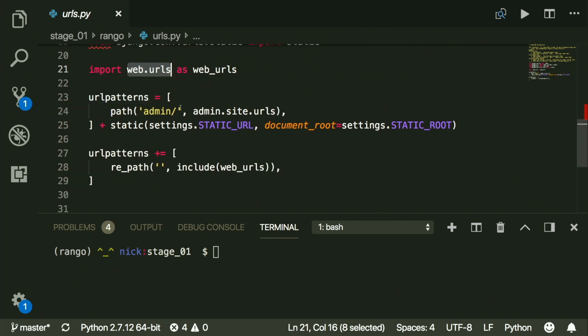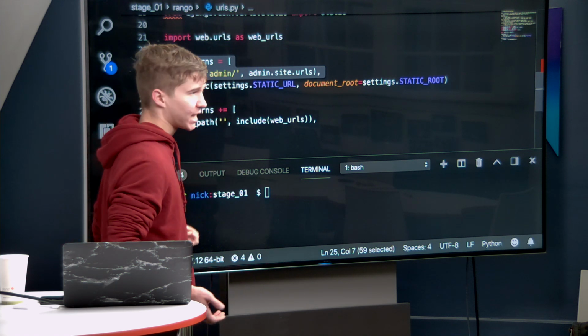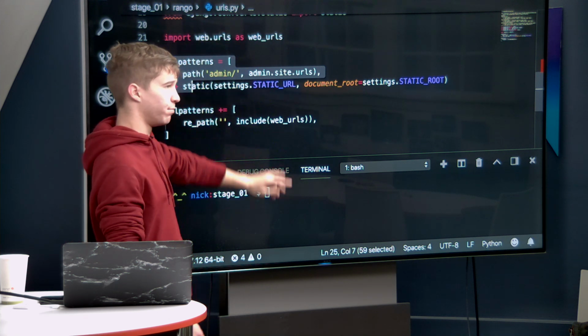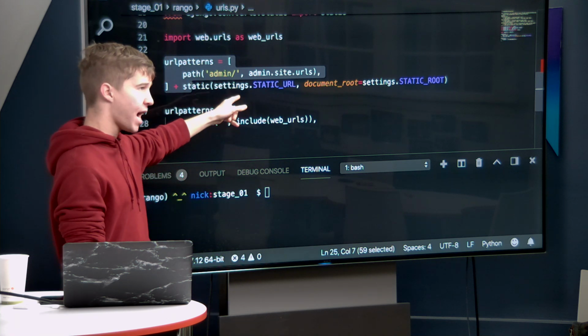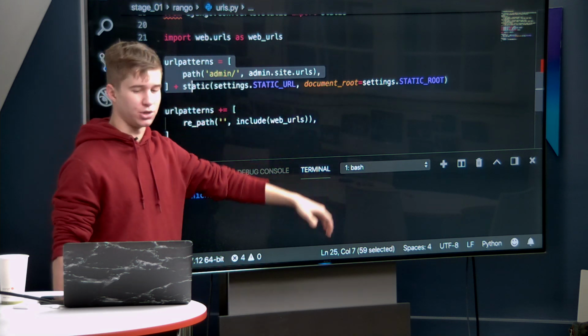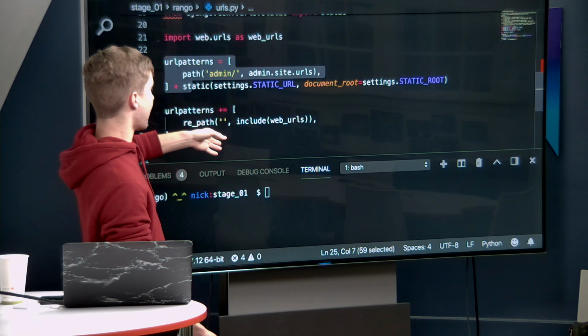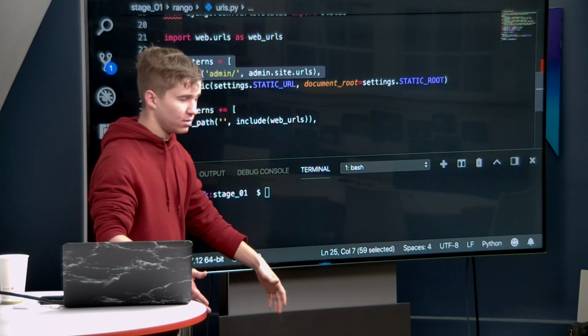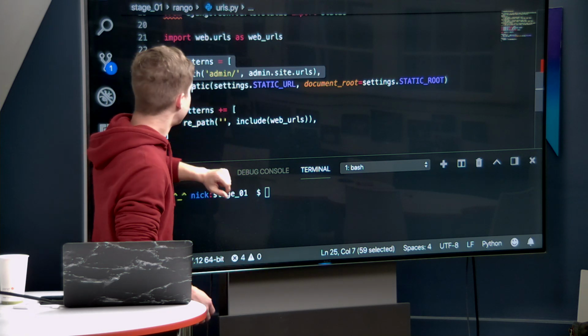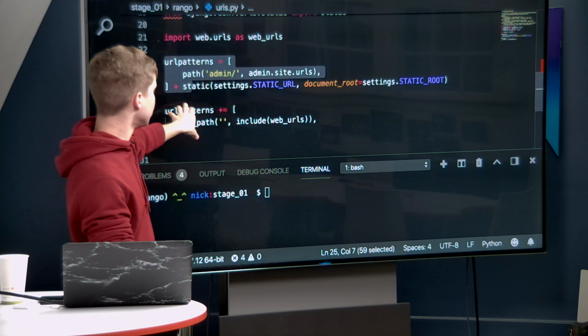And then we have URL patterns, and this is just my default for the root of the URL patterns. I tell it to include all of our static assets, include admin, and include them in this order. Now, Django does care a little bit about your URL patterns being in order. Well, actually exactly in order. It'll search them in order top to bottom. So if you have two conflicting paths, only the top one will ever be gotten to. As in, if I had admin/ and admin/ and they went to two different places, we would only get to the top one. So then we have the static assets here, and then I just include all my other